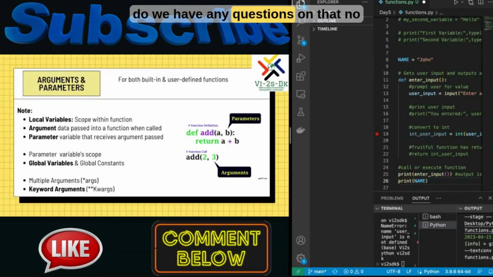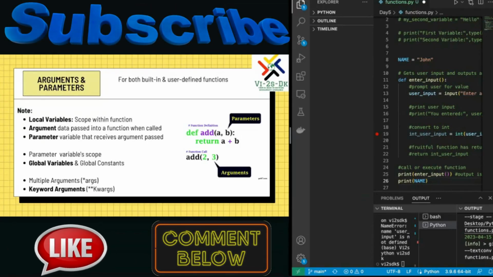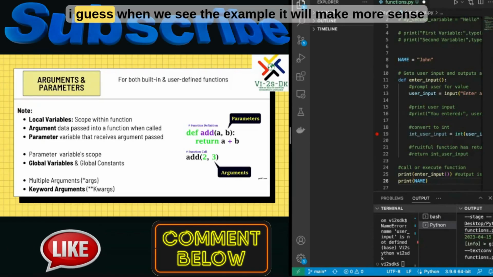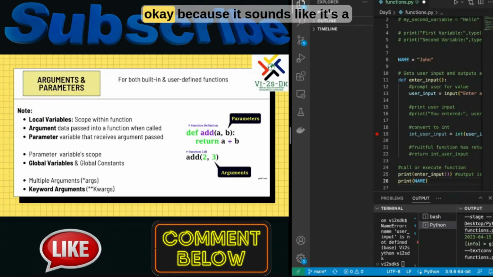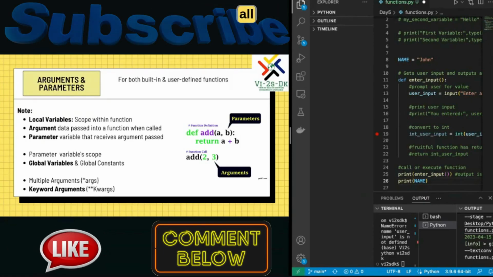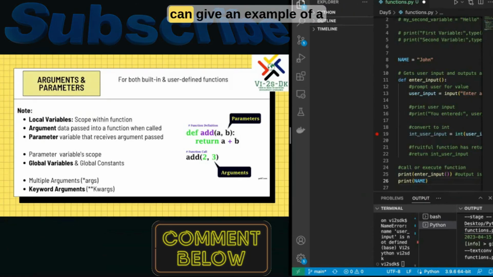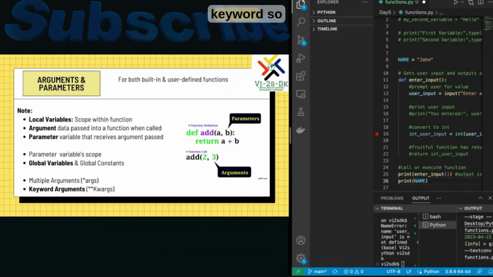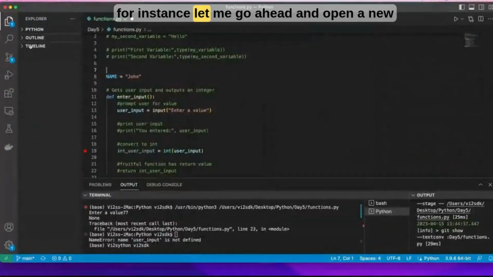Okay, do we have any questions on that? I guess when we see the example, it will make more sense. Okay. Because it sounds like it's a global variable in a sense. Okay. All right, so let me go ahead and see if I can give an example of a keyword argument here. So for instance, let me go ahead and open a new